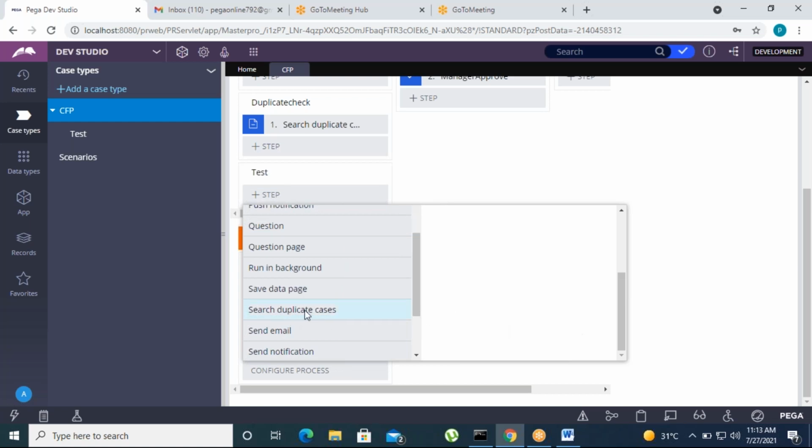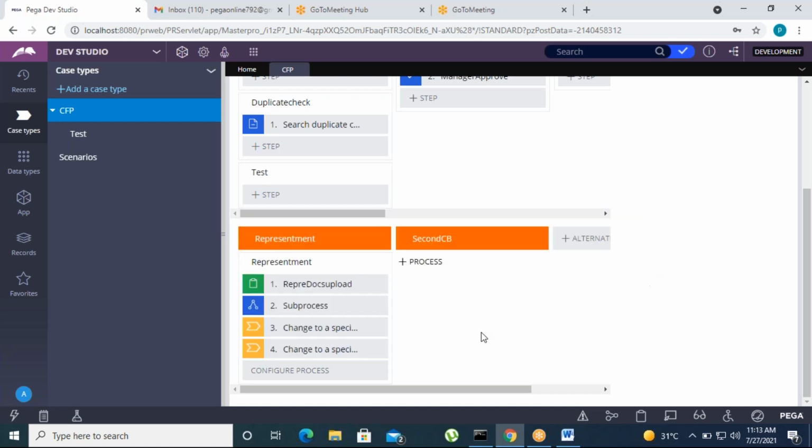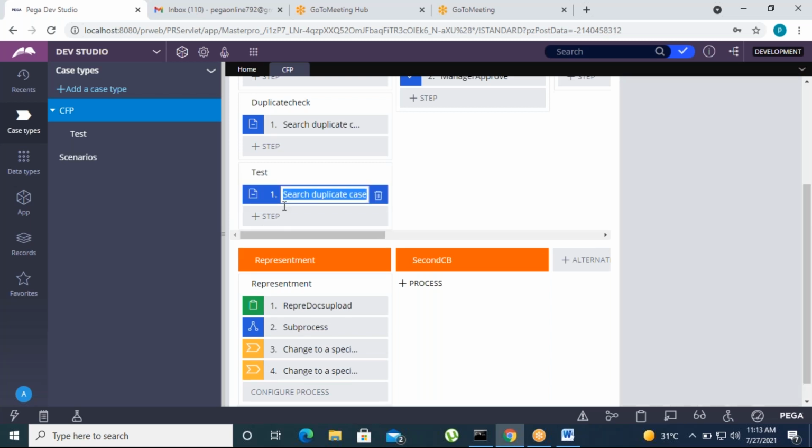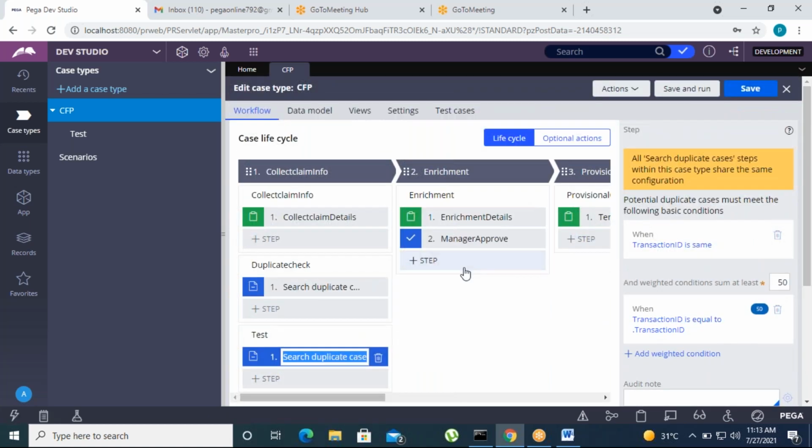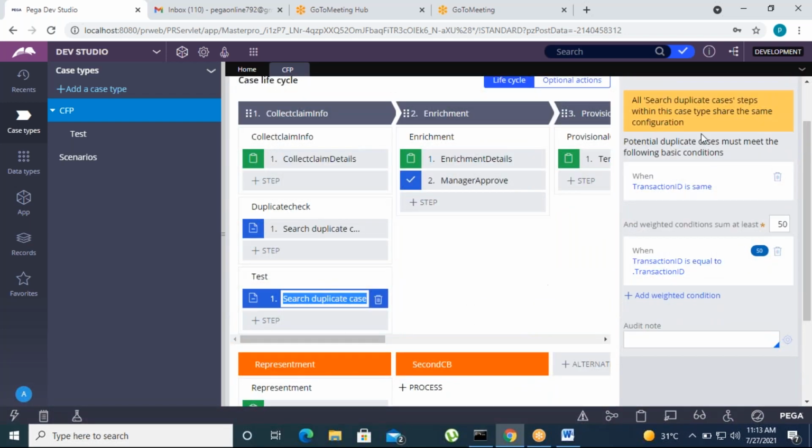Search duplicates. Select this and click on select. Then that duplicate search is added here. This is automation, automatically processed.